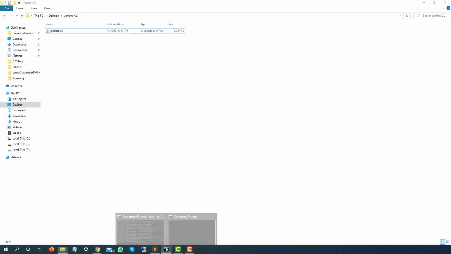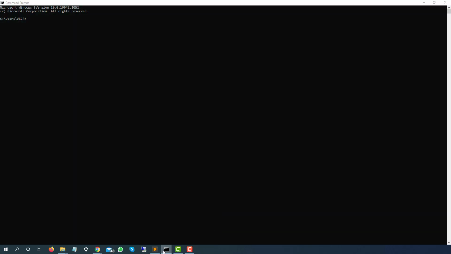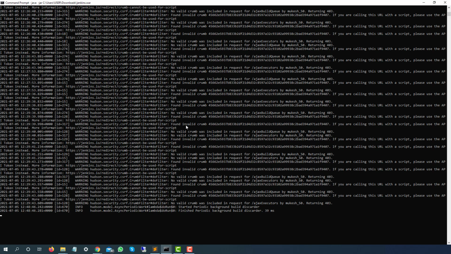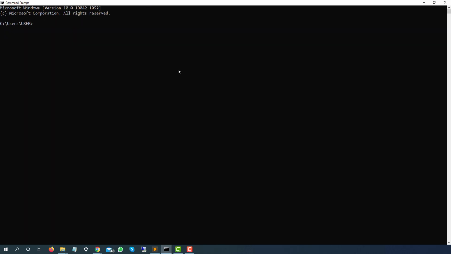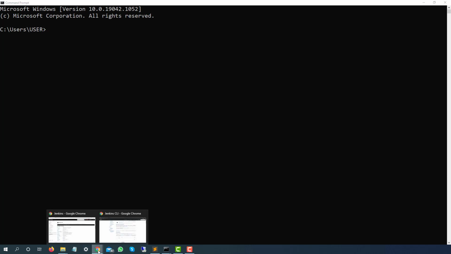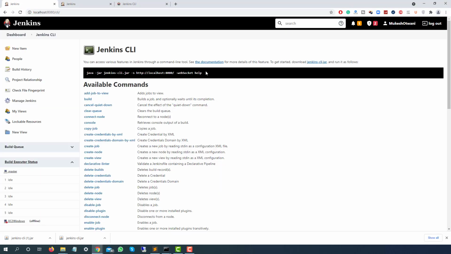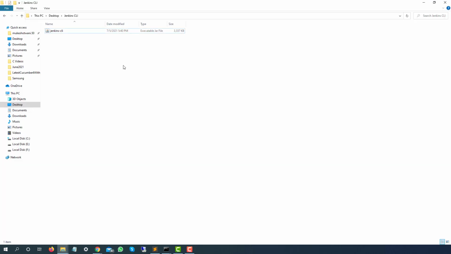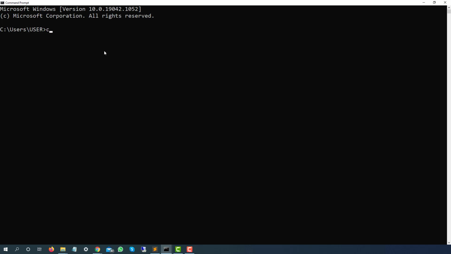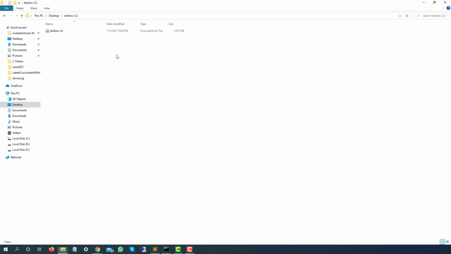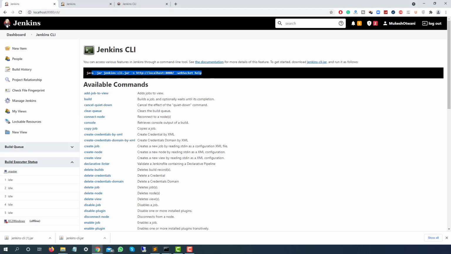Fine, so now we are going to execute this command. I have one command prompt up and running where Jenkins is running, and I already have another command prompt where I will be executing commands. The first thing I need is, let's say I want to run this part only. If I copy this, first of all we need the path of this jar file. This is my directory where Jenkins CLI is present, so I will type cd and move to that directory. Now let's execute this command.